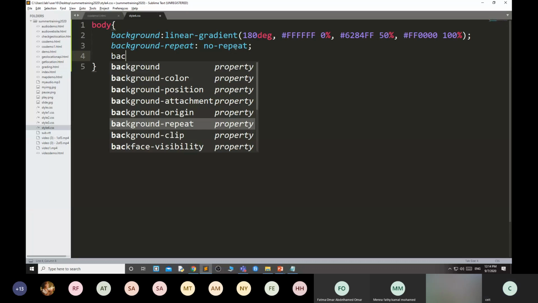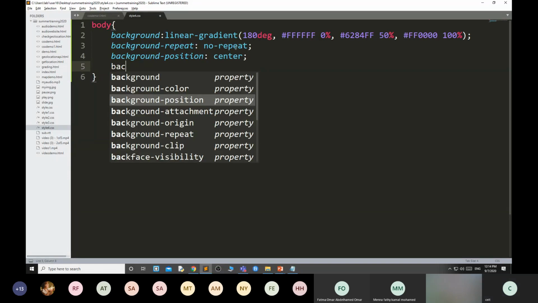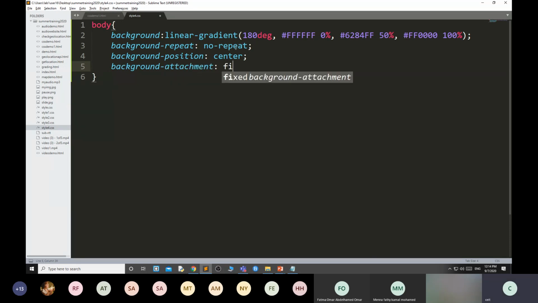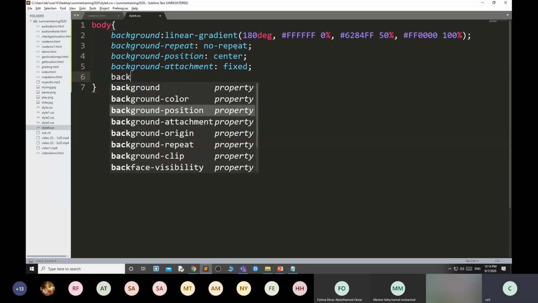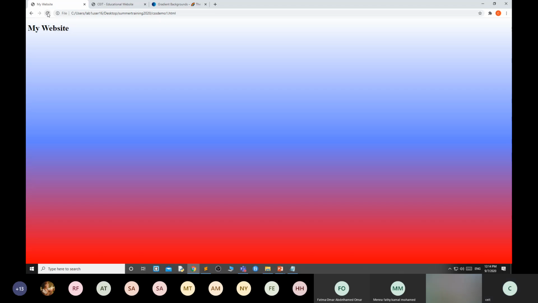Then background position center, then background attachment, text, then background origin. Now you get the full complete background color, and it is a combination of multiple colors.